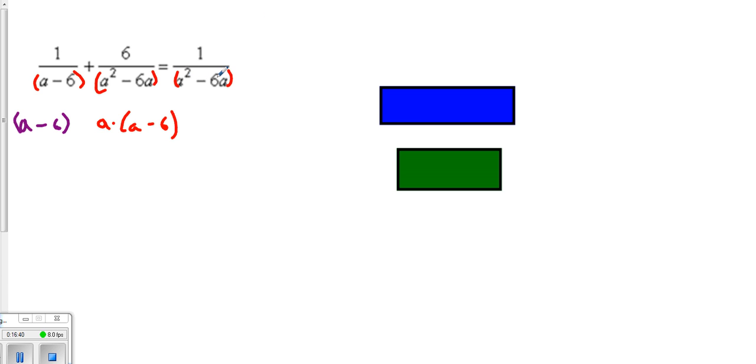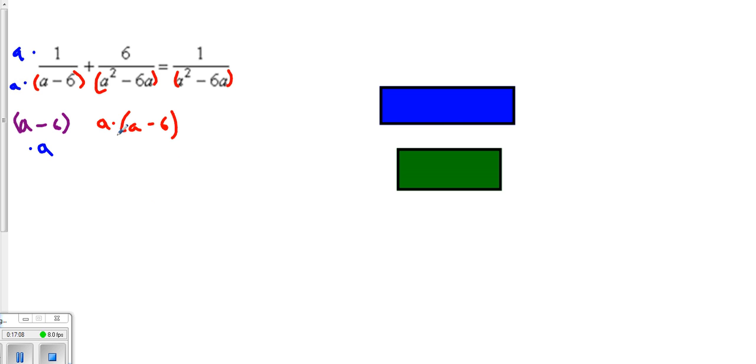A squared minus 6a, we can pull the a out, and we have an a minus 6 left over, which means this a minus 6 is already found on these two. There's an a minus 6 and an a minus 6 already in here. So the only thing we need to change is this one needs to be multiplied by a. That way it'll be the same as these two. So we multiply a on bottom, multiply a on top,